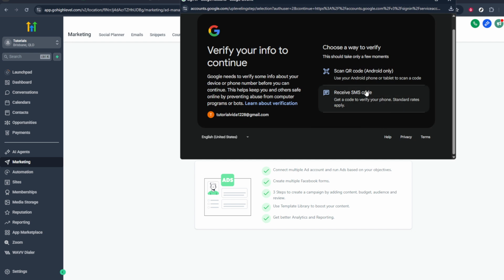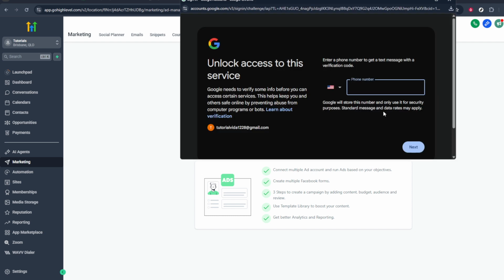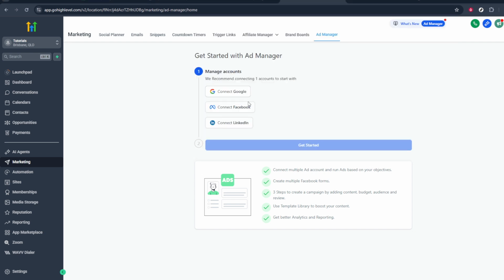After you click Get Started, the platform will guide you through a series of on-screen prompts. These prompts may include connecting your advertising platform, granting permissions, confirming your business details, or setting basic preferences for your ads. Simply follow each instruction on the screen carefully. Read each step, confirm any access requests, and click Next or Continue as needed. When you reach the end of these prompts, your Ad Manager will be set up